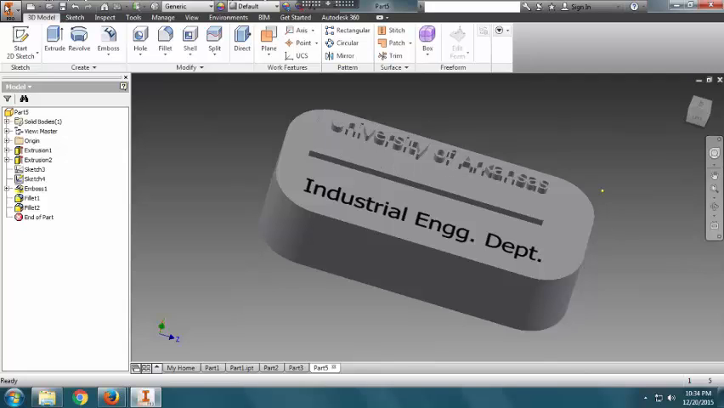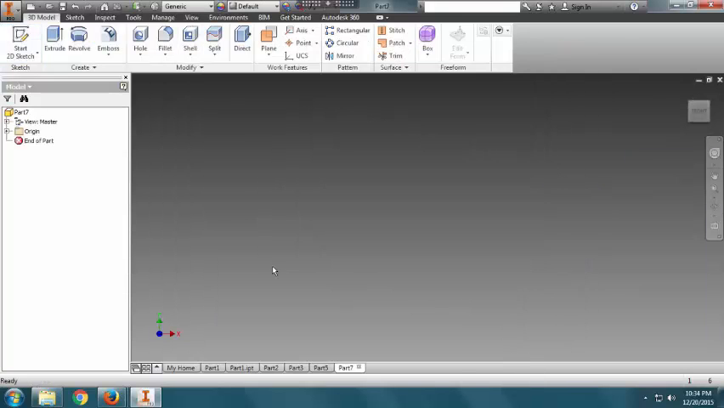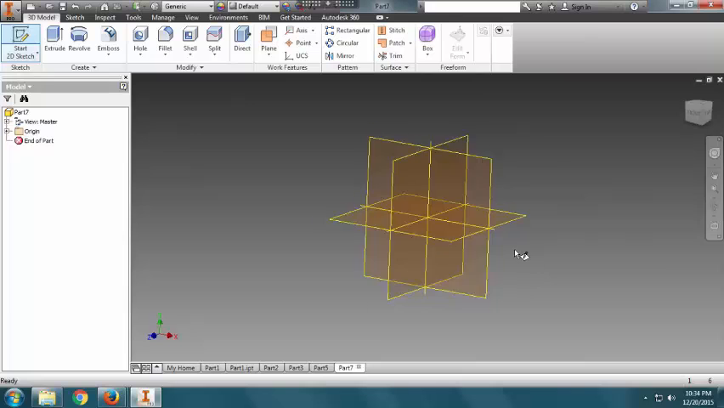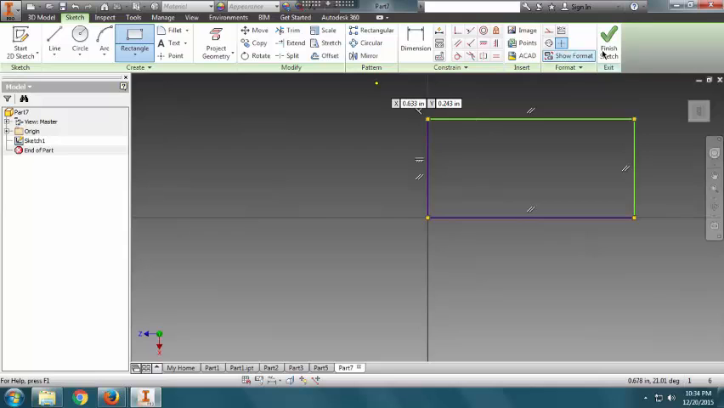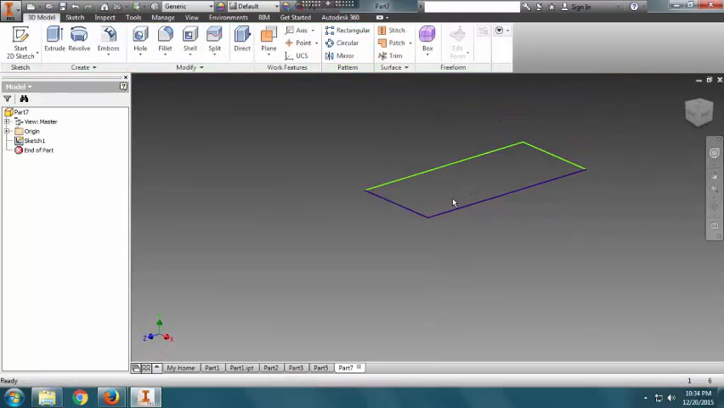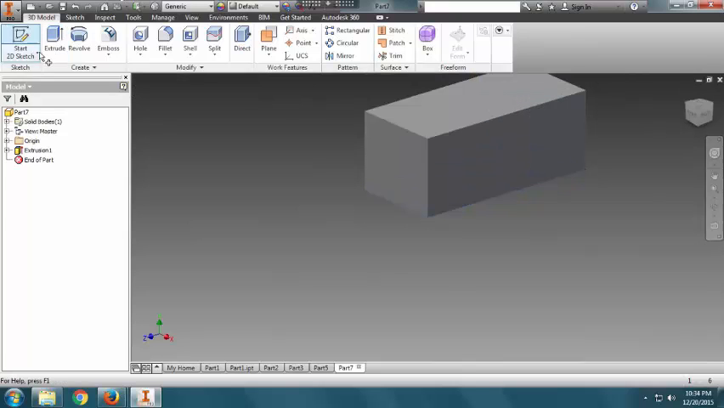So let's get started. Click new, standard IPT, create. Let's select any of the planes, draw a rectangle of any dimension, extrude this rectangle to 0.4 inches, select the top surface,